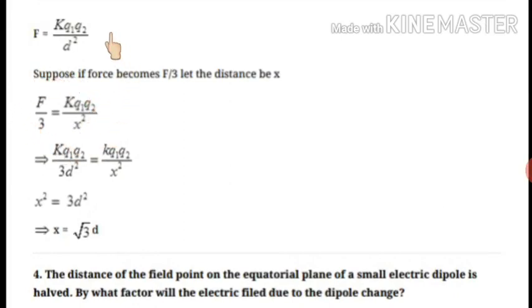Okay, now from this equation we can replace the value of F in this particular equation. So in place of F, we have written K Q1 Q2 upon d square from this. Okay, so now we are here in this particular equation. Now you can clearly see that K and K will get cancelled, Q1 Q2 will get cancelled. So finally what we will have? x square is equal to 3d square. Now the square will get cancelled. Then what will be the value of x?